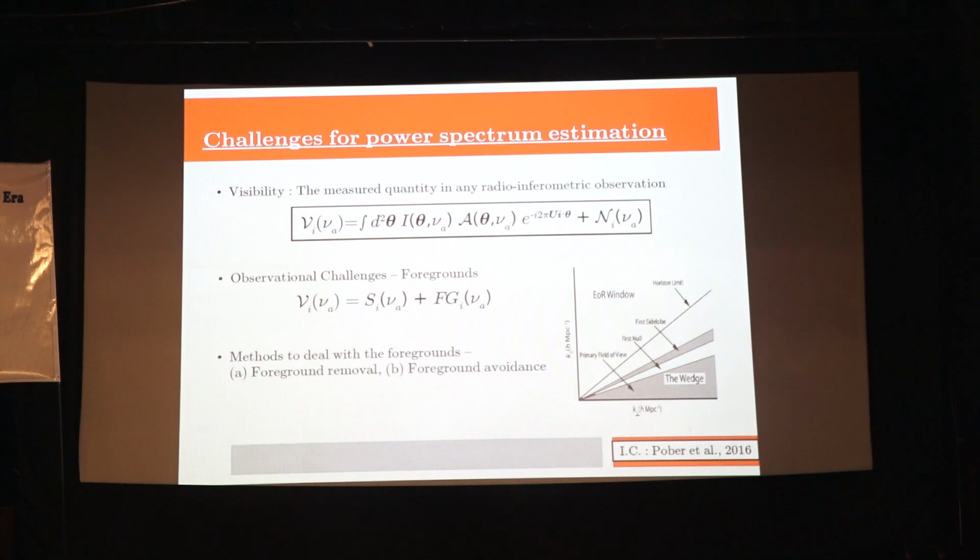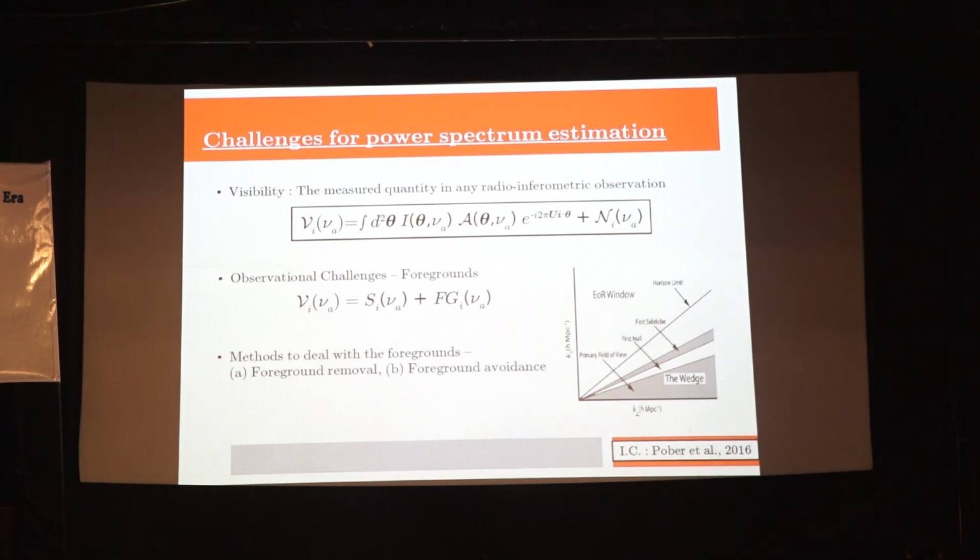And what happens is that the foregrounds are generally spectrally smooth. So along this K parallel axis, which is proportional to the Fourier conjugate of this frequency axis, because of the spectral smoothness, the foreground is expected to be confined within this finite wedge-like region, which is known as the foreground wedge. And ideally, we would expect these K modes to be free of foregrounds